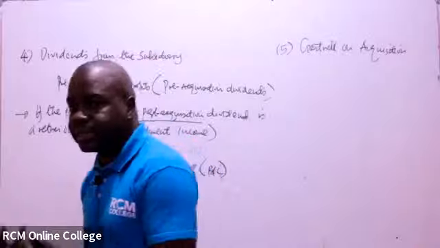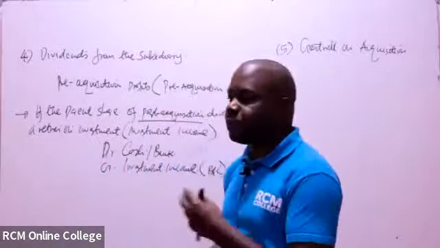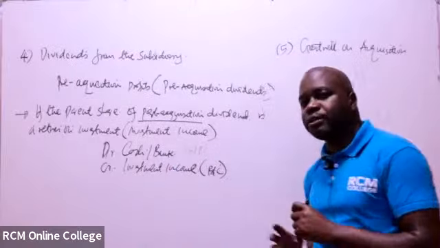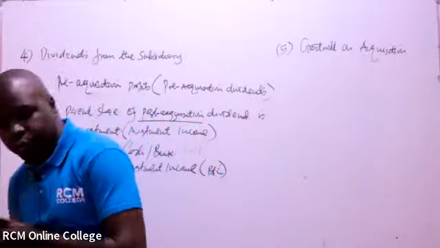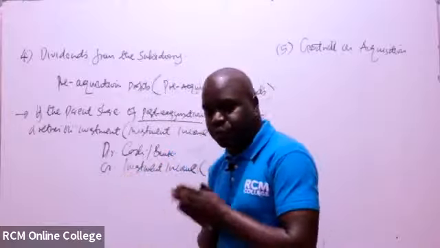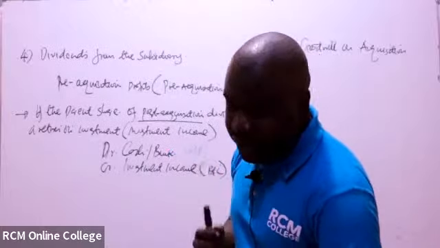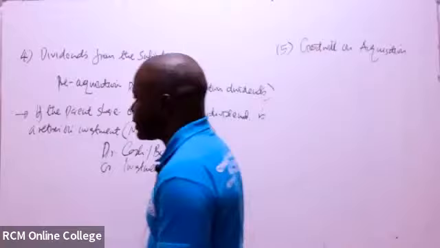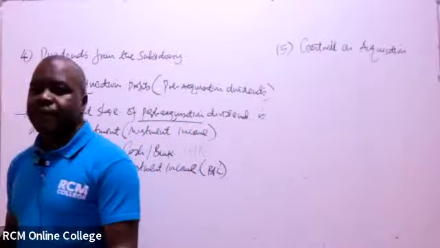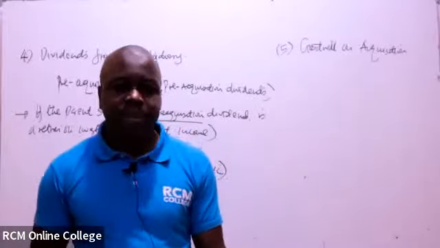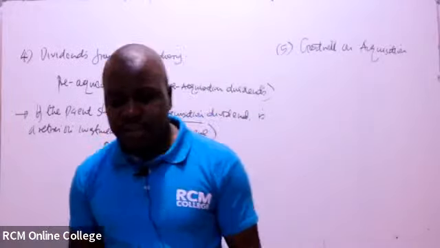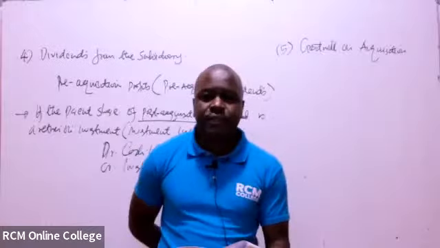It is the value attached to that particular business that will bring future economic benefits to you as a holding company. So we call it goodwill on acquisition, and you can write this down. IFRS number 3 defines goodwill as future economic benefits arising